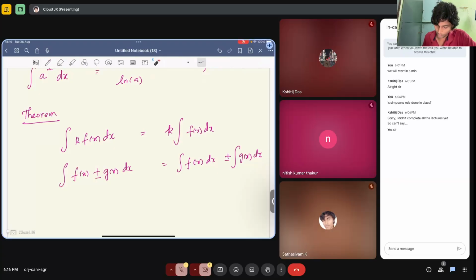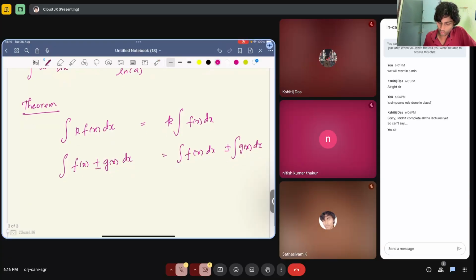Depending on whether there's a plus here, here also there's a plus. If there's a minus, here also there's a minus. Okay, so these are the standard rules, and if you want to see why this is true, basically what